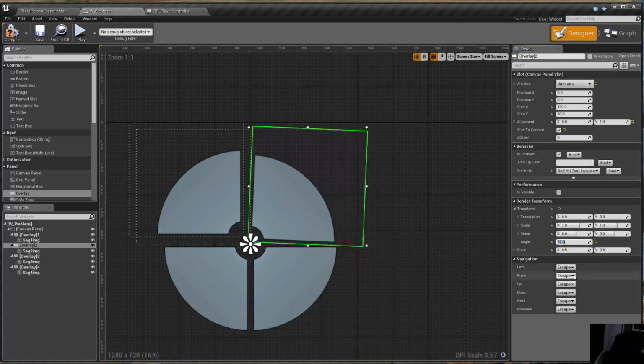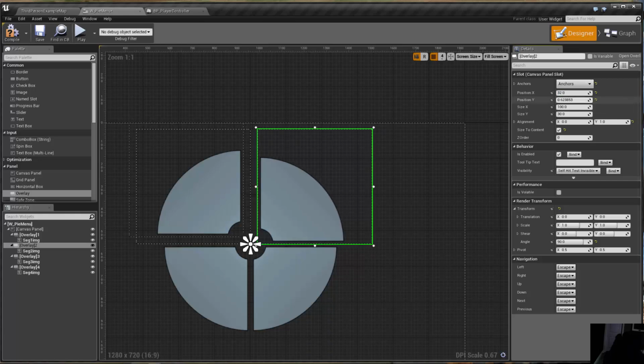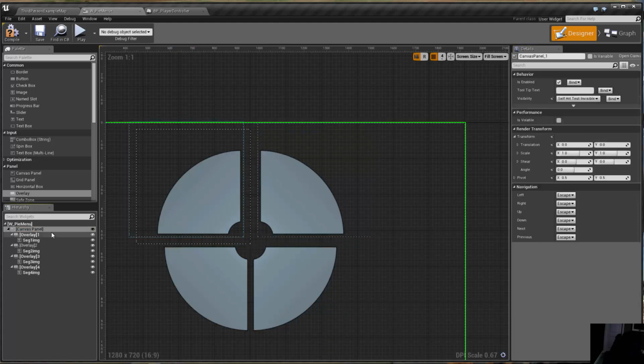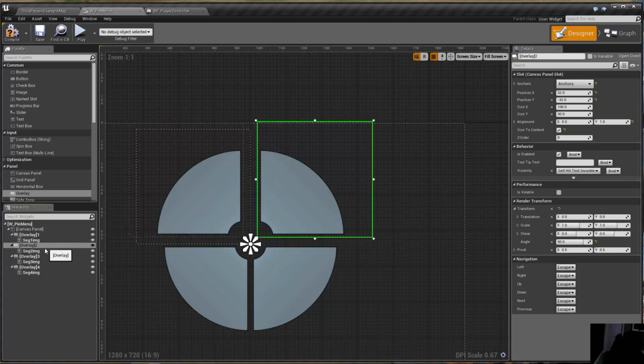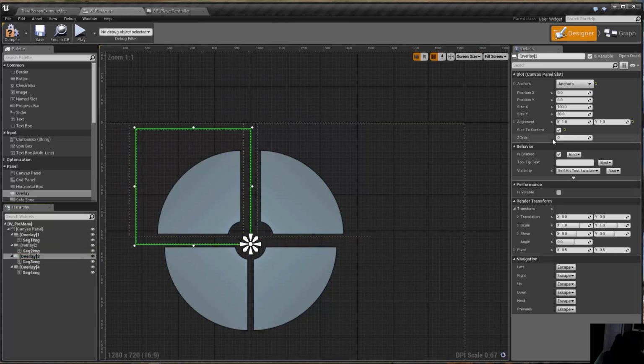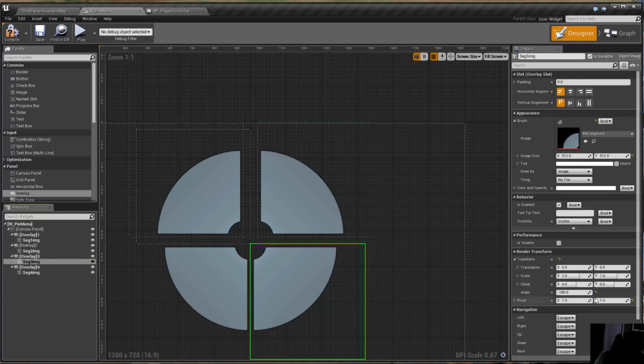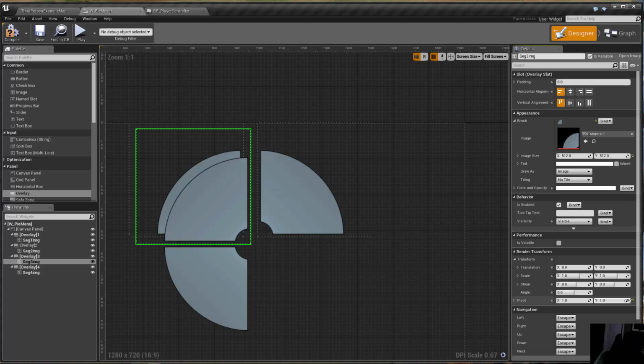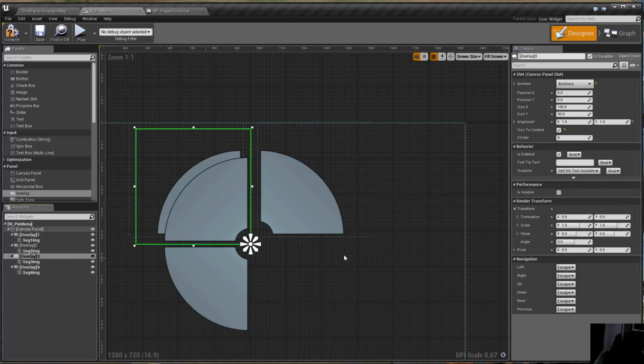Negative 1, negative 1. Apparently those aren't working. I guess alignment in the X, we want 0. That'll work. And rotation, we want 90. Yes, that is right. Okay, cool. So then position X, we want 32, Y we want negative 32. So overlay 1, overlay 2 looks good. Overlay 3,